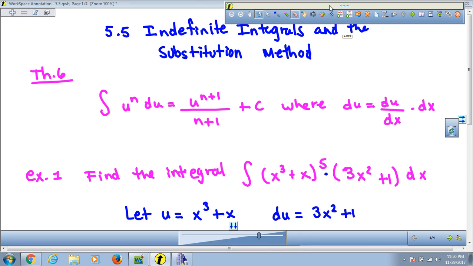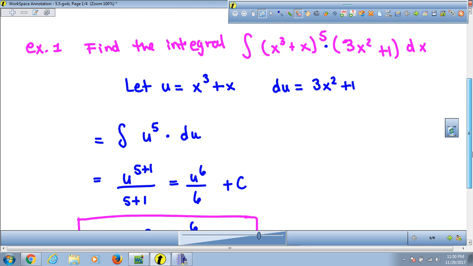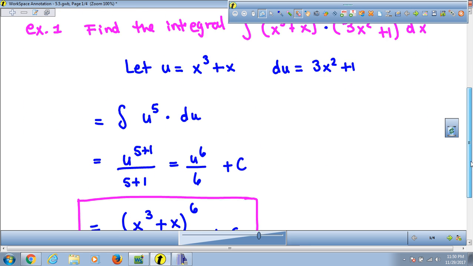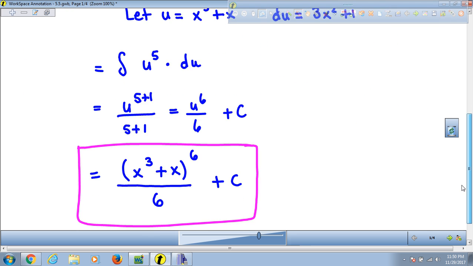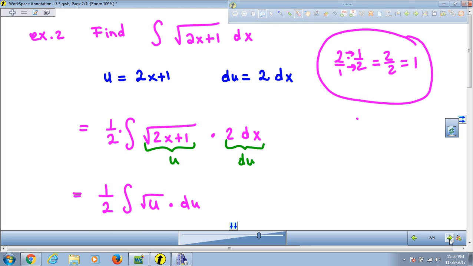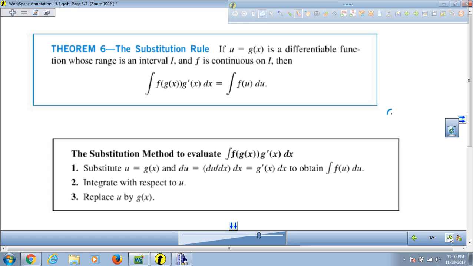Okay, so this is section 5.5, indefinite integrals and the substitution method. As we said in class, this method is basically what this entire section is about, and we did a few examples in class. So you see here these few slides. I'm not going to go over them again because I already did with you in class, but these are the problems you will find on the PDF file that I'm going to be uploading together with this video lesson